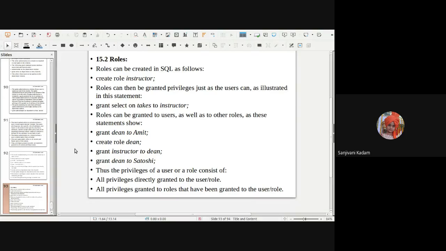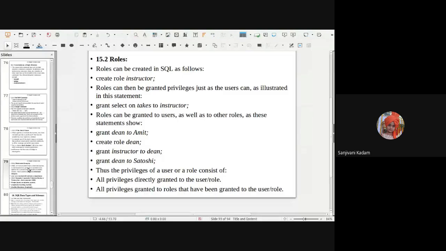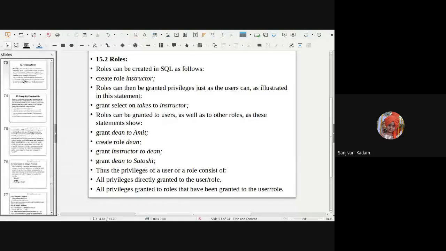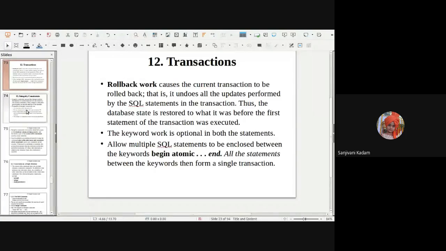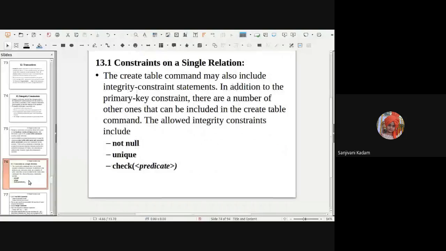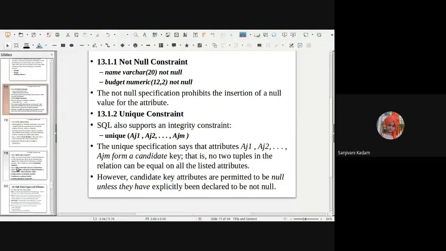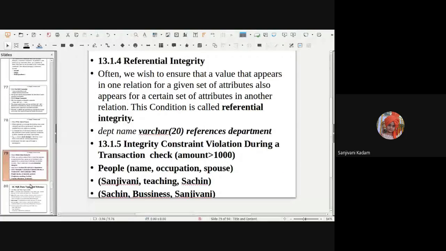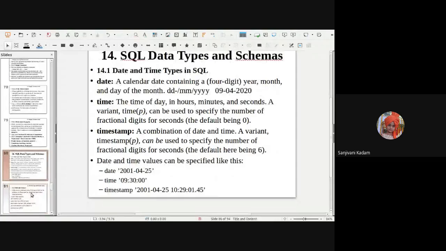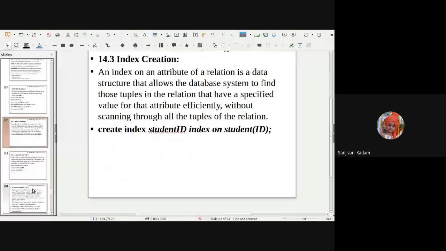So this is regarding today's lecture. Today's lecture was quite lengthy and covered much content. We started from views. After the views, we took transactions. After the transactions, we took integrity constraints. Within the integrity constraints, we saw constraints on a single relation. Then we saw data types and schemas for SQL. And then we saw authorization,